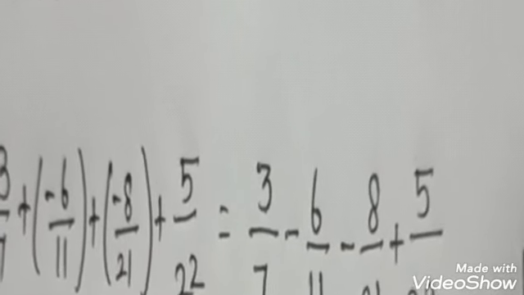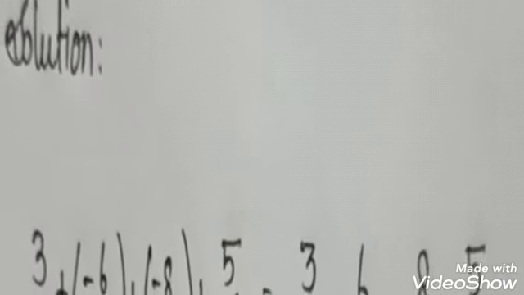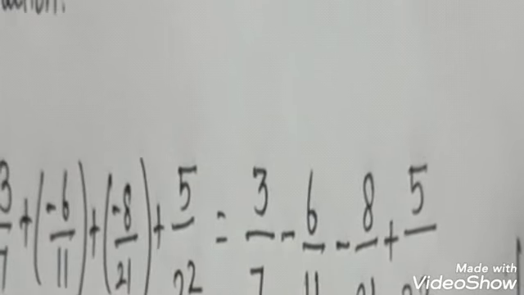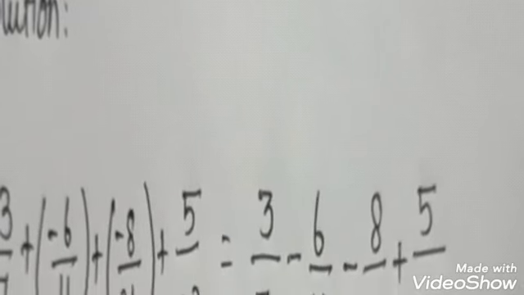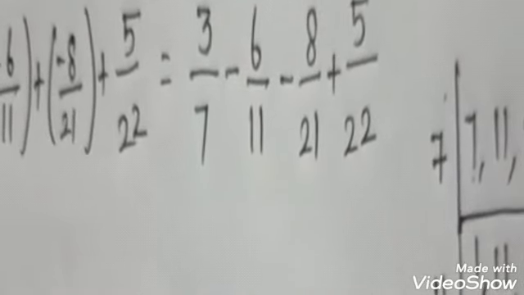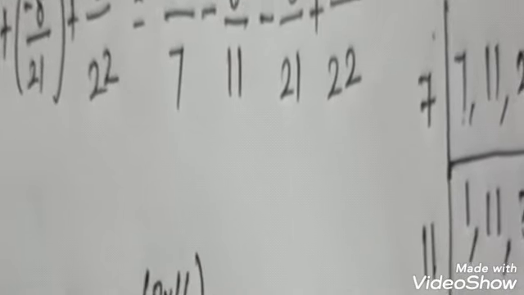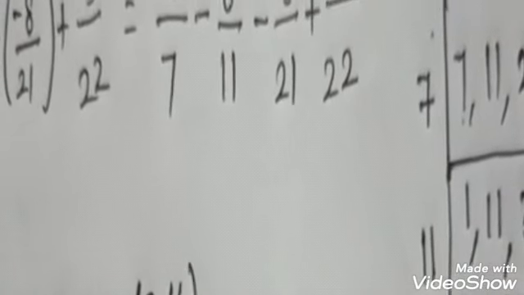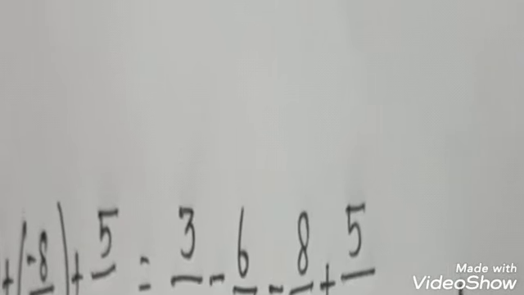You get 462. And the same way you have to multiply with 3. So 3 into 66 for the minus 6 term. Before that, 11 can be multiplied with which number? 11 into something you get 462. So here 11 is there. Remaining 7, 3, 2. So 7 into 3 into 2.